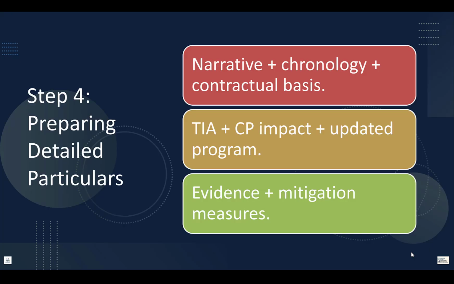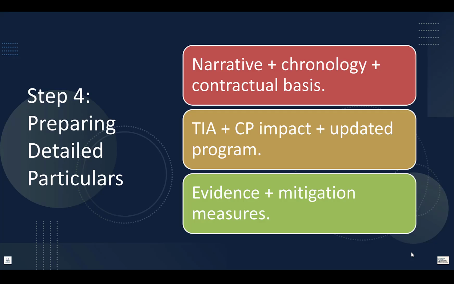Step number 4: prepare and submit detailed particulars. Under subclause 20.2.4, the detailed claim must include a narrative of the event, chronology, dates and milestones, contractual basis, for example, clause 8.5 plus 20.2 plus any other relevant clauses.